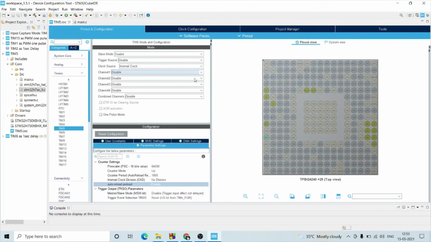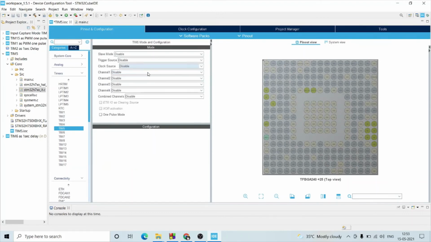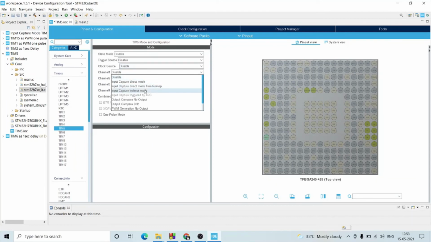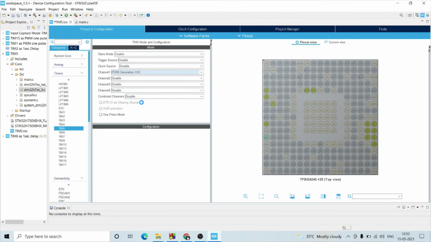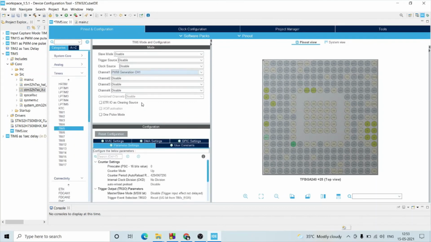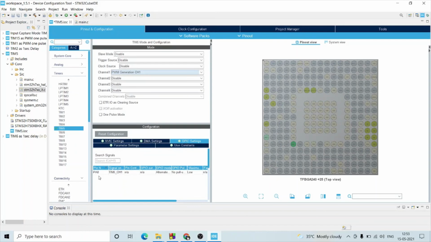So these are the configurations for delay. And if you need to use it in PWM generation mode, just disable the clock source and configure it in PWM generation on channel 1. This one is the GPIO pin from where we can get the PWM, at PA0.